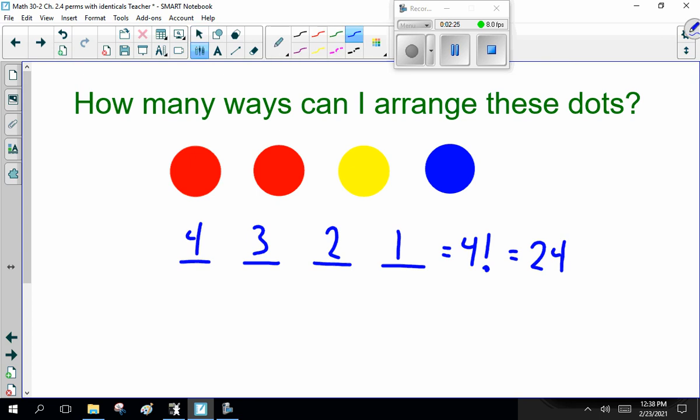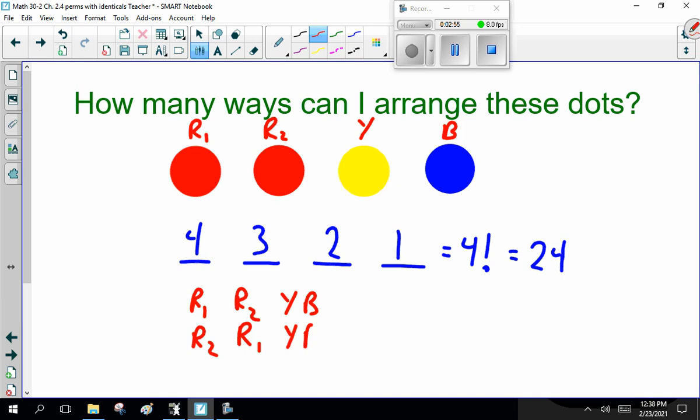That's correct. Now, what's the matter with this? Well, you'll notice here, I've got red 1, red 2, yellow, and blue. Here I have duplicates. When you think about it for a minute, I can go red 1, red 2, yellow, blue, and I can go red 2, red 1, yellow, blue. If these 2 dots are identical,